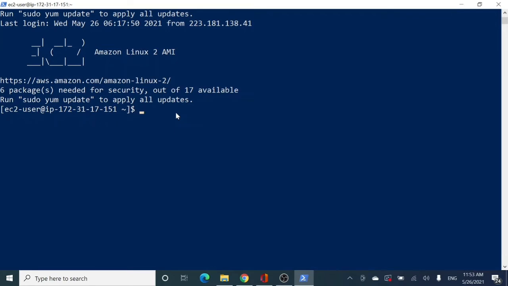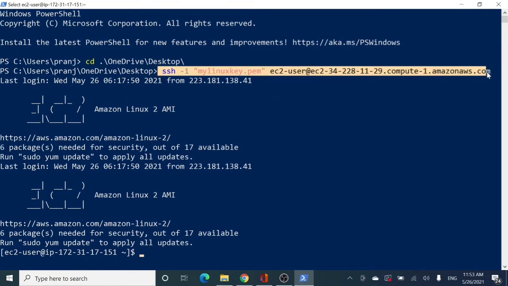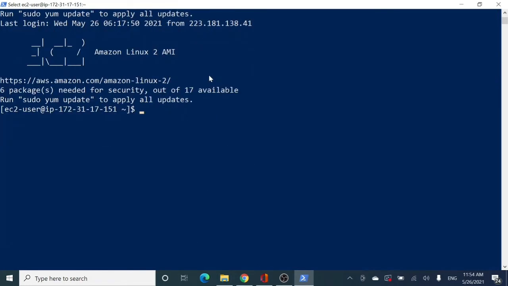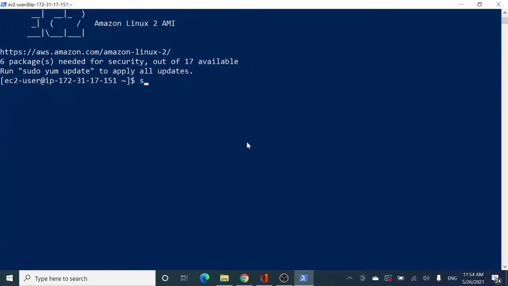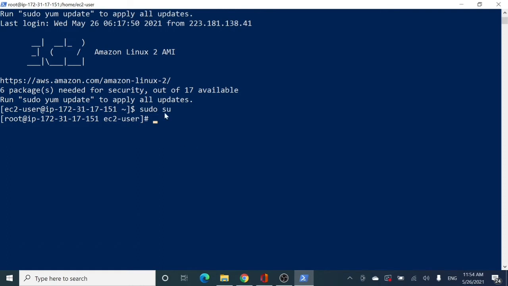Now, I do not want to use this key pair to SSH, meaning I do not want to use this command, right? Although I will be using this, I do not want my Linux key pair every single time, right? I want my custom password. So for that, the first step is converting yourself into the super user, because you need admin sort of permissions for that, right? So you can see that we have that hash symbol over here, and if you are the normal user, then it has a dollar sign.